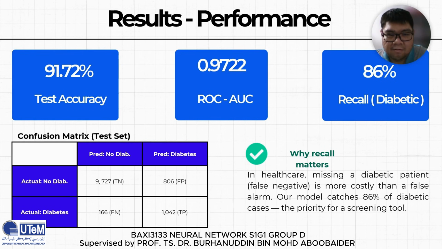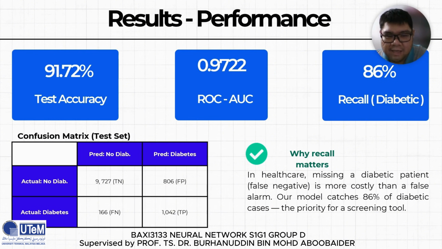So now let's look at our result performance. The model did exceptionally well, achieving a high test accuracy of 91.72% and a ROC AUC score of 0.9722. If you look at the confusion matrix, you can see our model successfully predicted